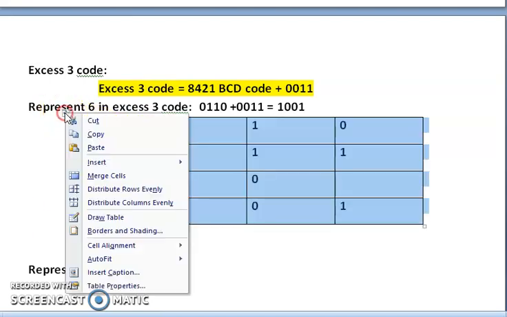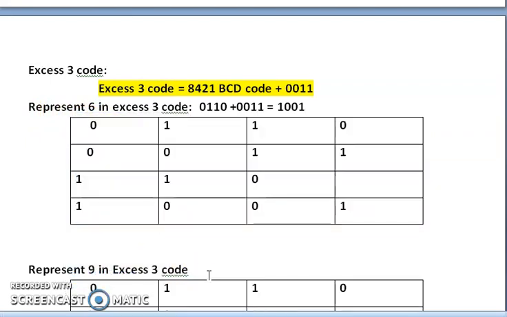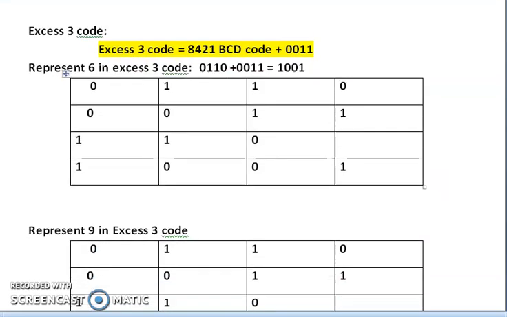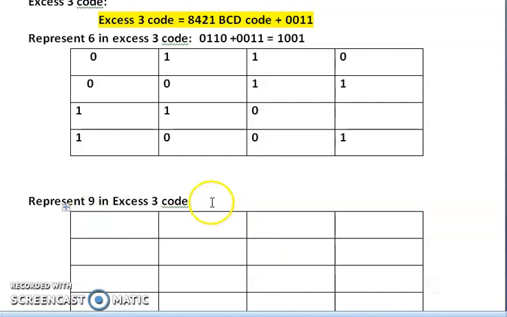Similarly the same. In the 8421 code, 9 is 1, 0, 0, 1, and we also add 3. 3 means 0, 0, 1, 1. So 9 means 1, 0, 0, 1 and 3 means 0, 0, 1, 1.